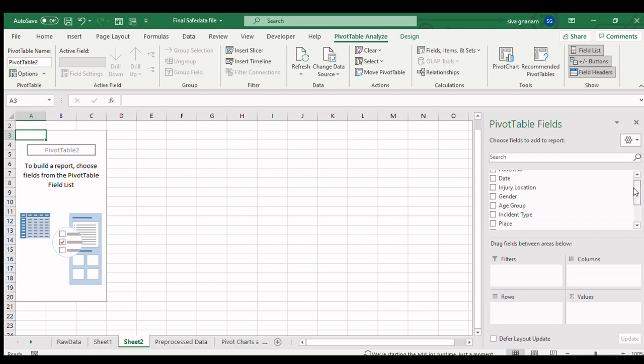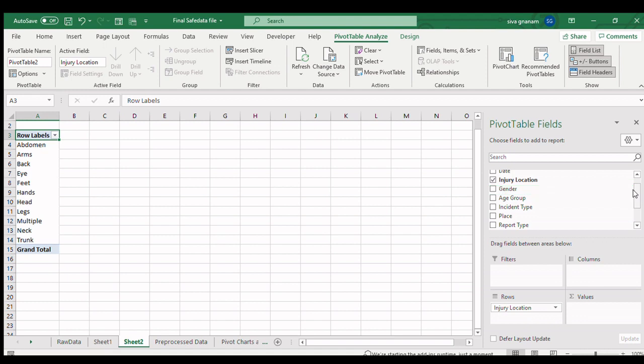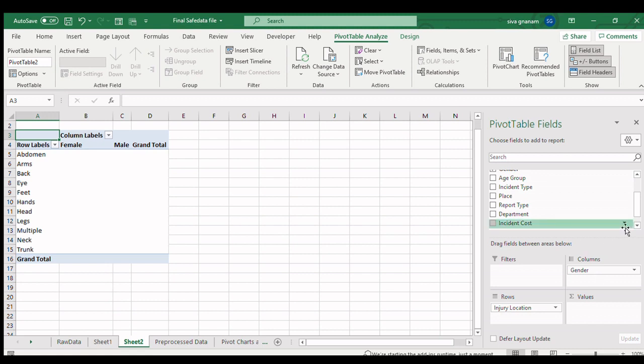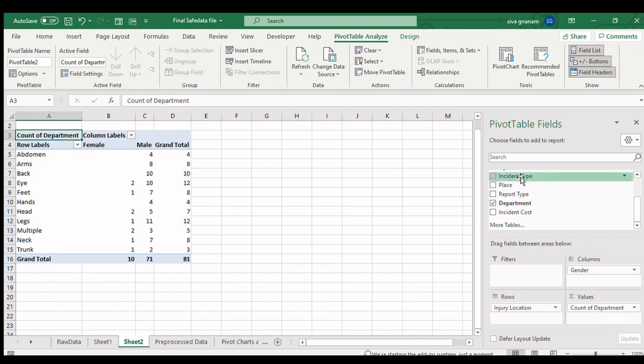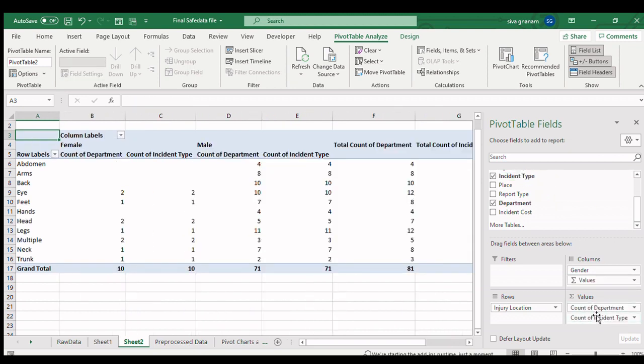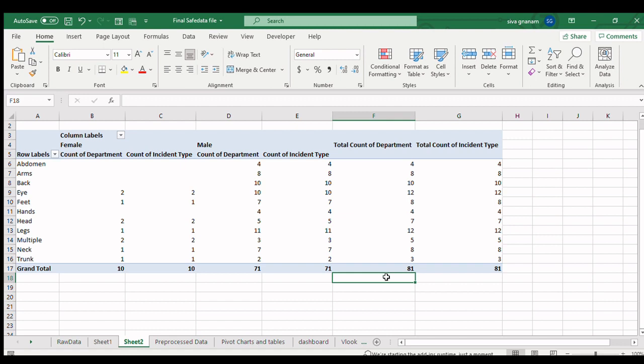Now, we are moving injury location to the row part and genders to the column part. And then finally, we are moving the incident type and the department to the value part. And now the table will be created.